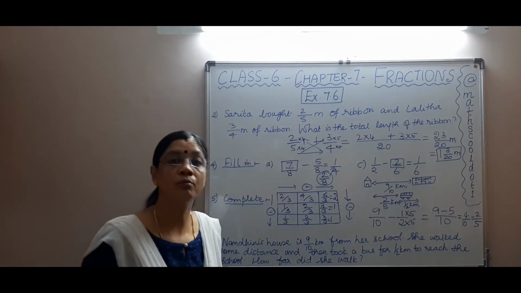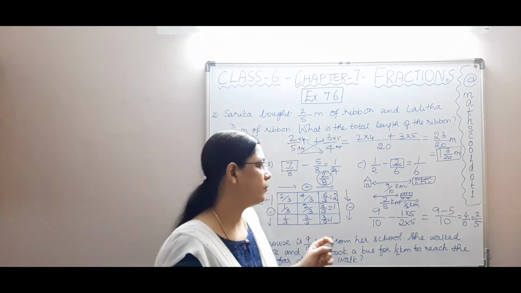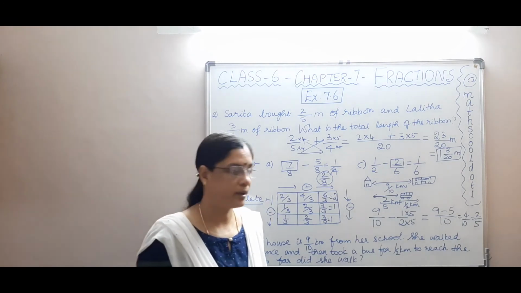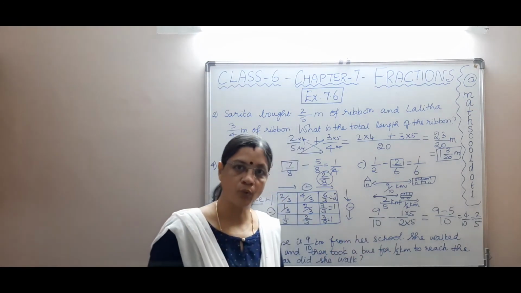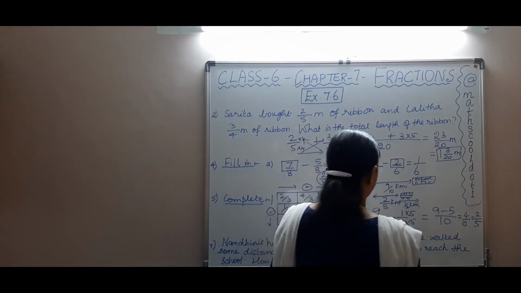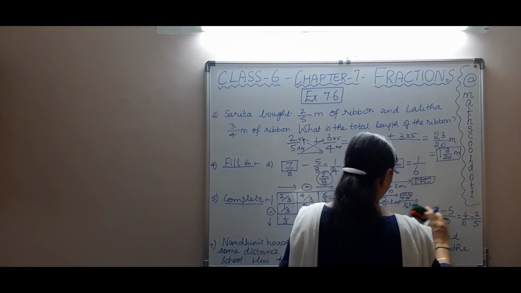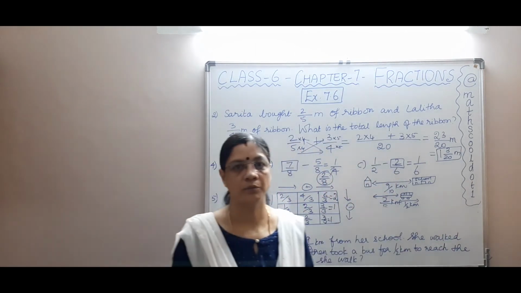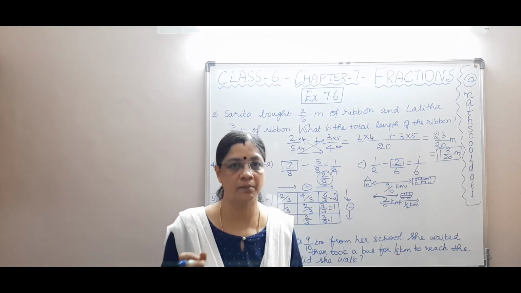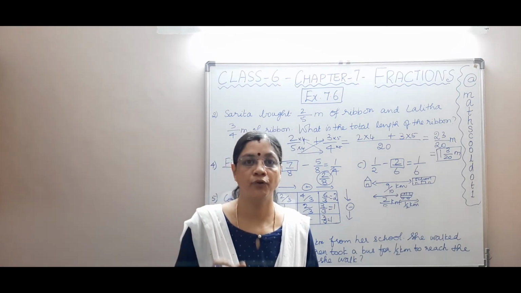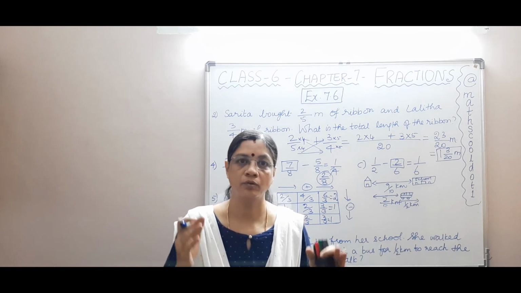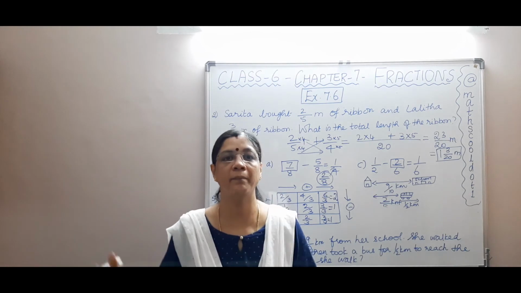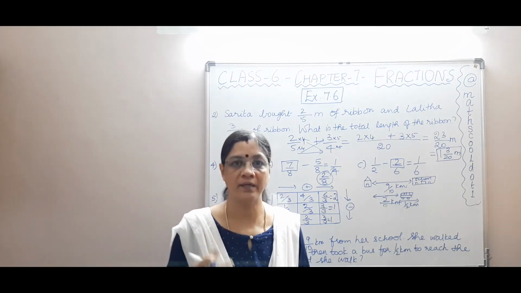So the answer is 2 by 5 kilometers she has walked, and 1 by 2, that is half a kilometer, she takes a bus. Okay, do you understand? So this is how we solve the problem. And I told you another method earlier. I told you one method, that is a shortcut, if you are unable to find the LCM, or if you can't understand the concept. But better do understand the concept of LCM and HCF. It will be useful for you in the longer run, because for everything you will be asked to find HCF and LCM. You have the applications for those concepts. So please do understand.